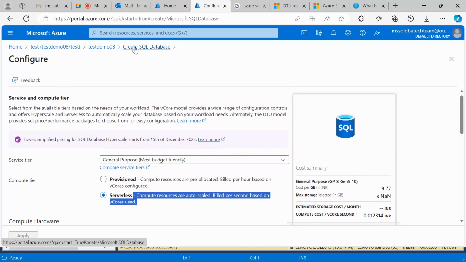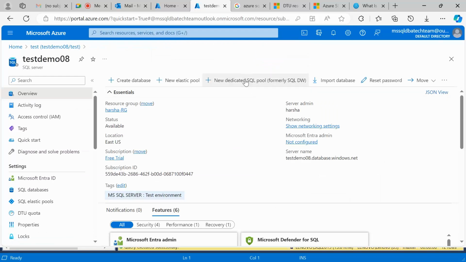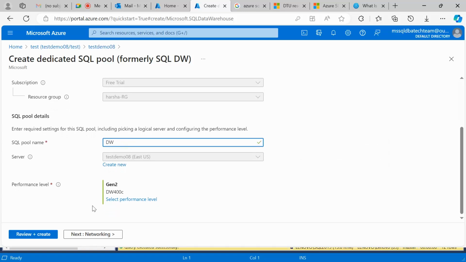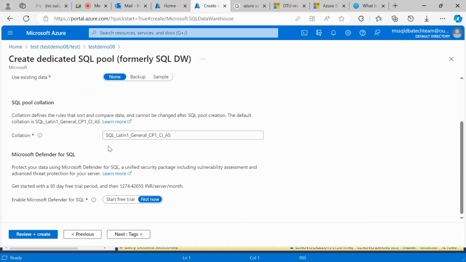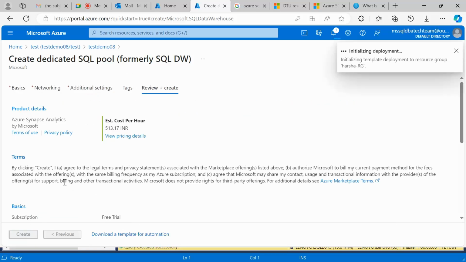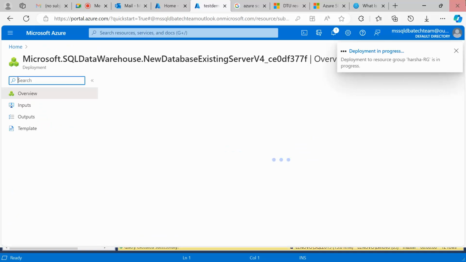Now I will create one more database. Come to the test database, you see the differences. To show the differences, I am creating the database especially from a database pool. See, our SQL databases are different, and this database is different. This is the Azure SQL Synapse database difference. Now you will get to know that.